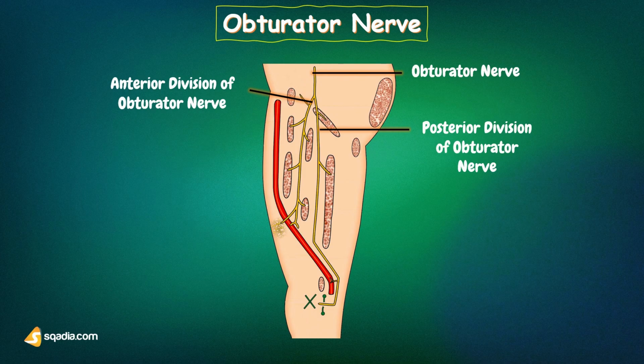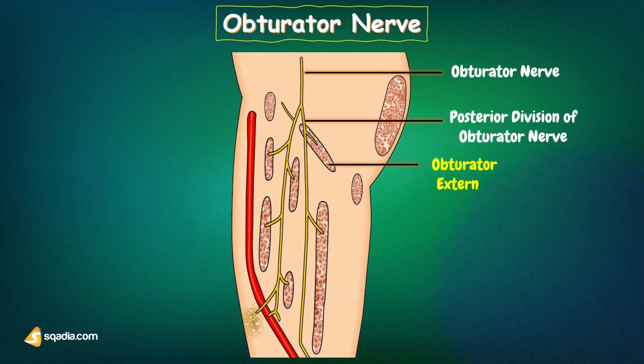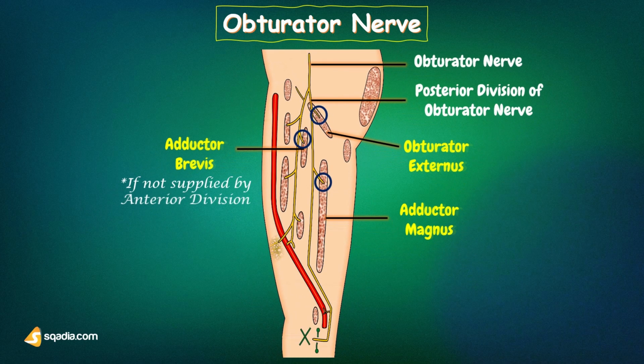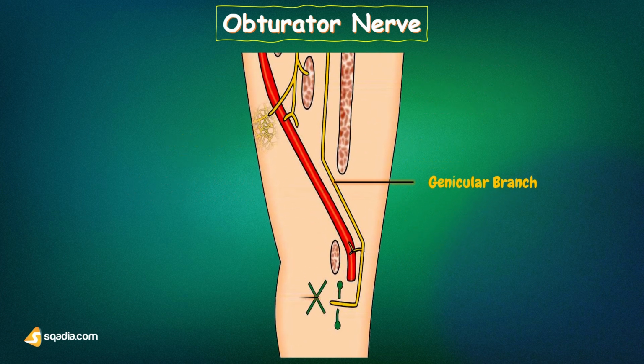Now let's talk about the posterior division of the obturator nerve. The posterior division enters the thigh by piercing the upper border of the obturator externus muscle. It descends behind the adductor brevis and in front of the adductor magnus. It gives branches to the following muscles: obturator externus, adductor magnus, and adductor brevis, if not supplied by the anterior division. In the adductor canal, it is reduced to a thin genicular branch which enters the popliteal fossa, pierces the